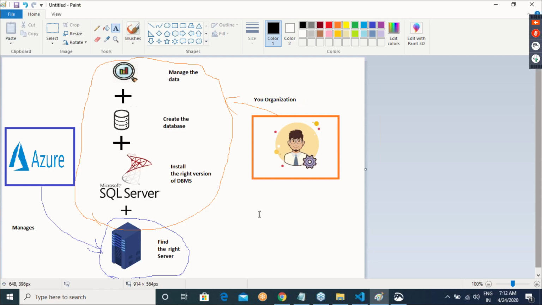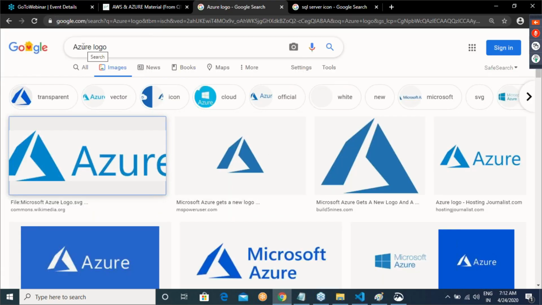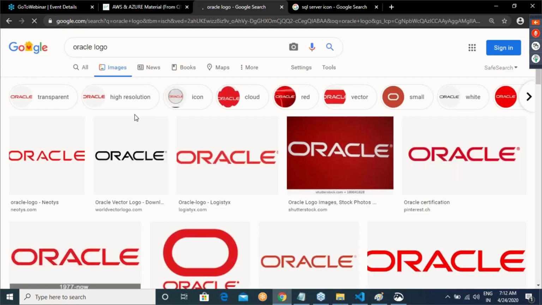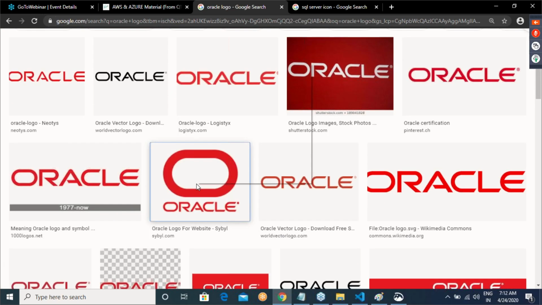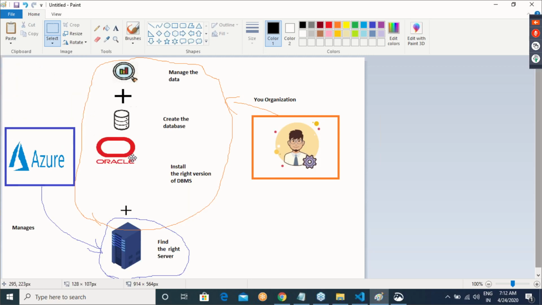So, to set the perspective straight, am I clear on this? If it is SQL Server, you need not go with this model at all.